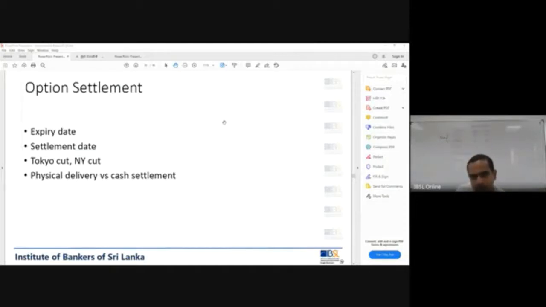And physical delivery versus cash settlement. So if you are buying mangoes in this case, you can do either physical delivery or cash settlement. A physical delivery is very obvious, no? That is where you give an actual mango, right? 30th June. So if you have sold call options,